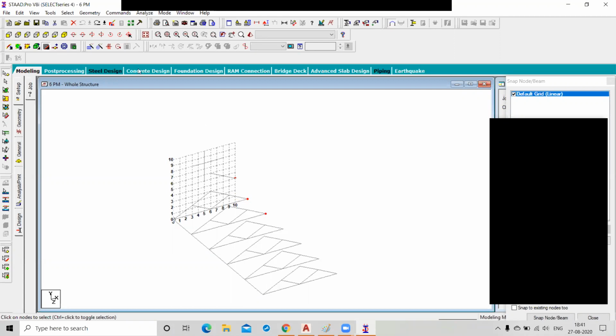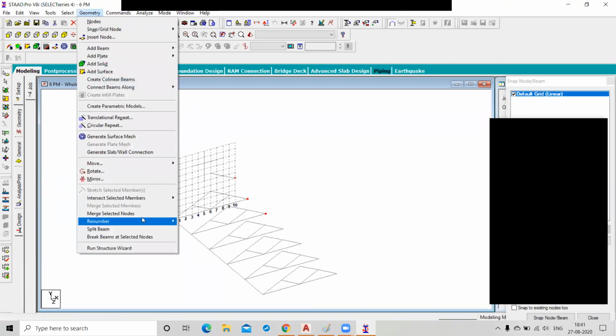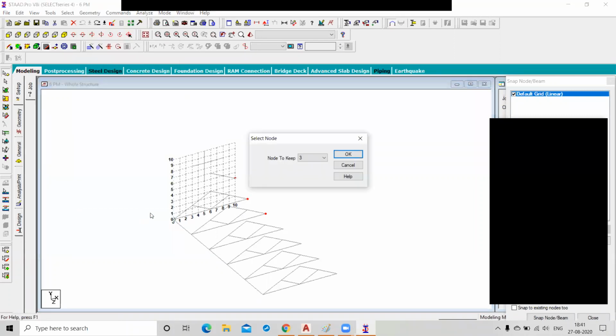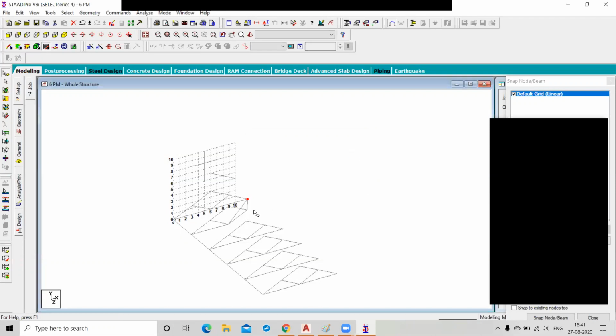Go to the geometry and select the merge node, right? We have 2 nodes, node number 3 and node number 9. Which node number are you going to keep? 3. So select node number 3 and click on OK. So node number 9 is connected to 3. Understood? So this is today's